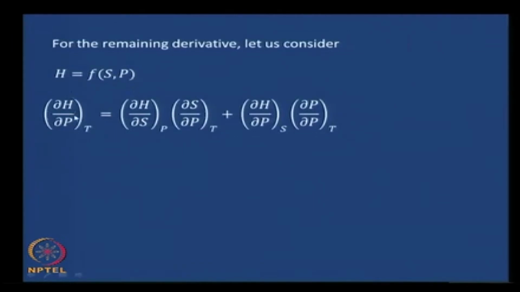Now if you take the partial of that with respect to P at constant temperature, ∂H/∂P at constant T, the quantity that we need, is ∂H/∂S at constant P, which is the first term that came from the previous total differential writing, and of course ∂S/∂P at constant T. And this again comes from the total differential expansion, ∂H/∂P at constant S, and here dP would be there, you take the partial derivative ∂P at constant T. Very easy to see that this goes to 1.